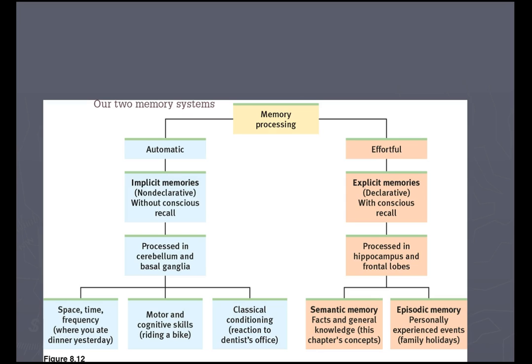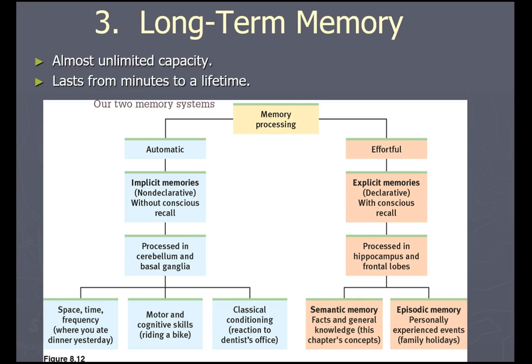So if we look at the types of long-term memory on this slide, we mentioned that sometimes information is processed automatically, and we said that those lead to implicit memories. And here are some examples of implicit memories. I mentioned some motor skills like muscle memory, classically conditioned responses,